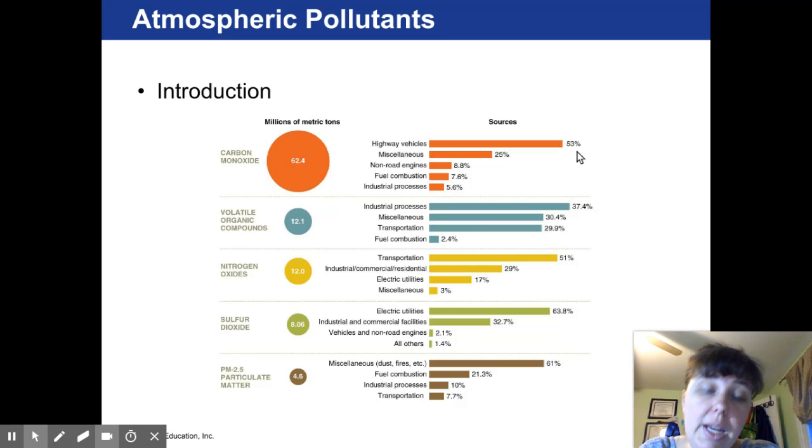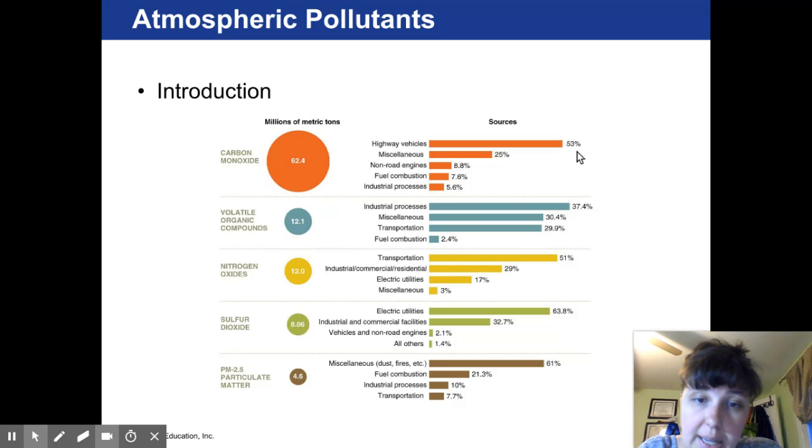There is miscellaneous, which is a lot of times industrial process products that we've produced. For example, you can now buy paint that is low VOC or no VOC paint, but most paints are volatile organic compound ridden. So there's a lot of it. Transportation, and then fuel combustion in other forms. Nitrous oxide: the big one is transportation again. Industrial, commercial, and residential causes a lot of nitrous oxide. Electrical utilities, and then another cause of nitrous oxide, which miscellaneous has in its category, is agriculture. How we raise living things for meat consumption, for example, is a big contributor to nitrous oxide.